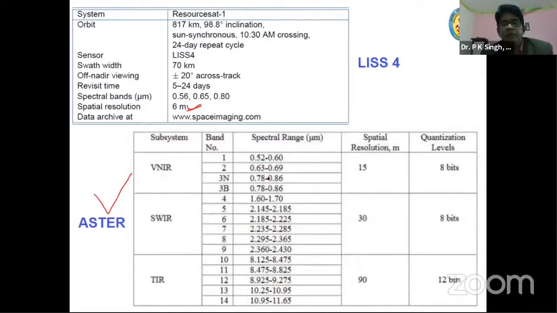Aster data, different characteristics of Aster data are written. Band 1, band 2, in that way. You will get this information very easily when you search anywhere, and you can download all this data freely, along with metadata where every piece of information is given. In that way, you will be able to choose which band is to be used for what purpose. Later, you will come to that section on what is the use of different bands.